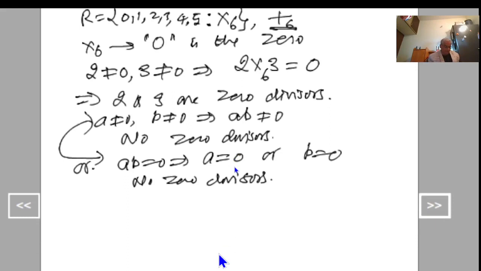So here we go for another definition. That definition is known as integral domain. Integral domain is nothing but a ring. It is a special type of ring. So what is an integral domain? It is a commutative ring with unity without 0 divisors. That is, these are the three additional properties to the ring.